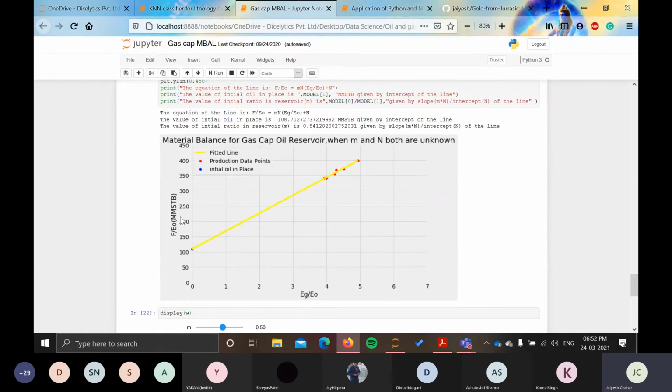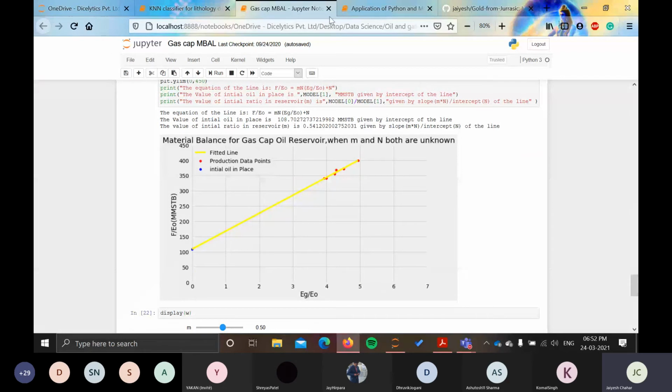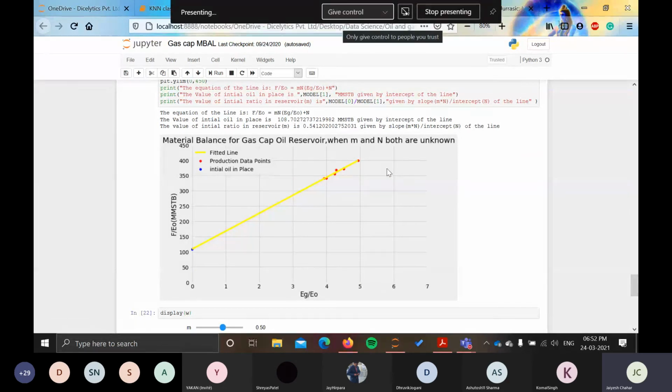Here, this is a plot between F by E naught and E G by E naught. The intercept value will give us the value of N, initial oil in place, and the slope value of this line will give us the value of M. So yeah, this will be a good exercise for you to do. Try it. And for today, that's all from my side.